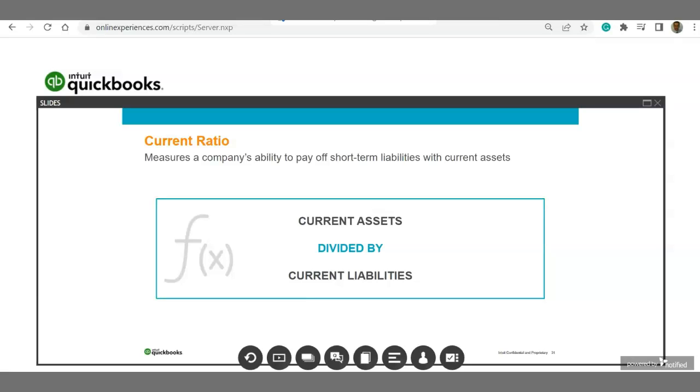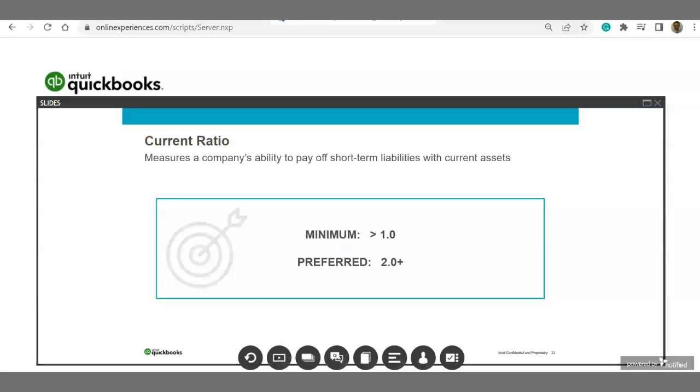The current ratio measures the company's ability to pay off those current liabilities with those current assets. So it answers the question, do you have enough cash and accounts receivable to pay off your accounts payable? You want a minimum ratio of 1, better if it's 2,